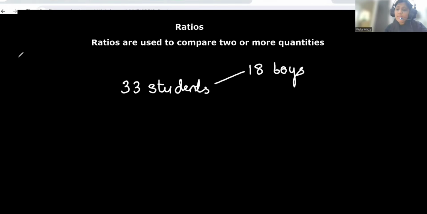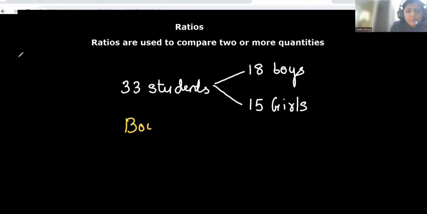So from 33 students, if 18 are boys, then how many will be girls? It will be just 33 minus 18, which will be 15 girls. So now the question is, I want to find what is the ratio of boys to girls